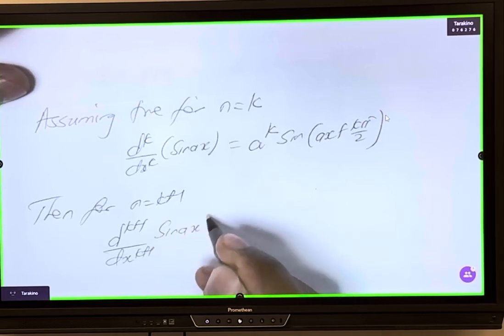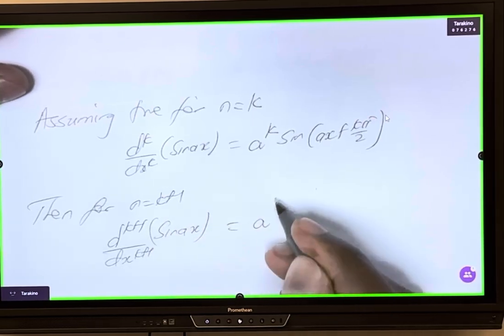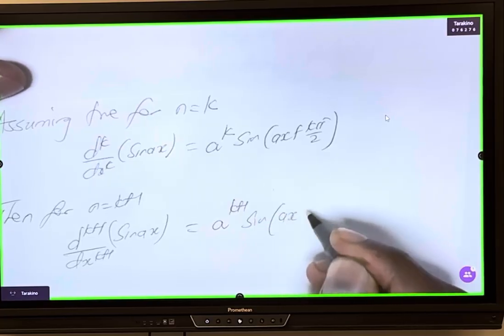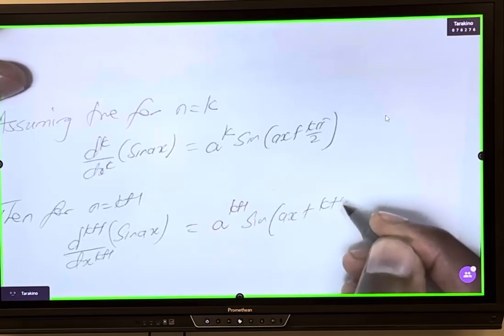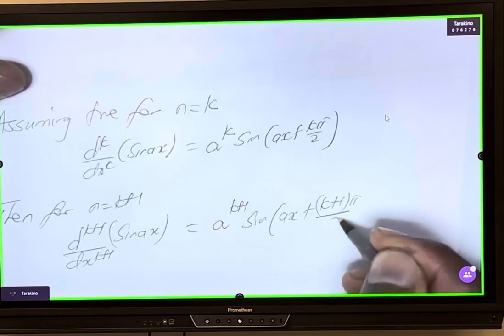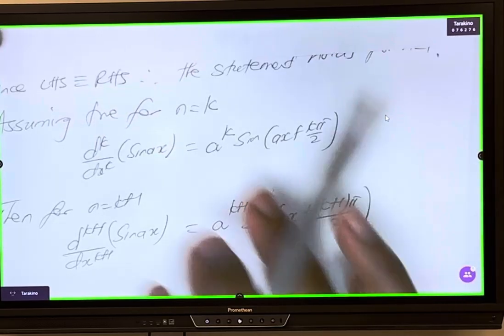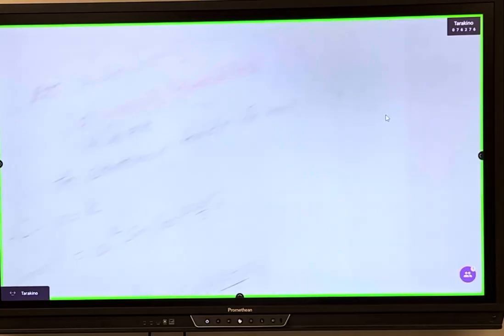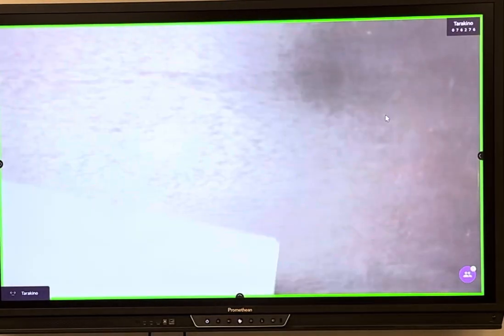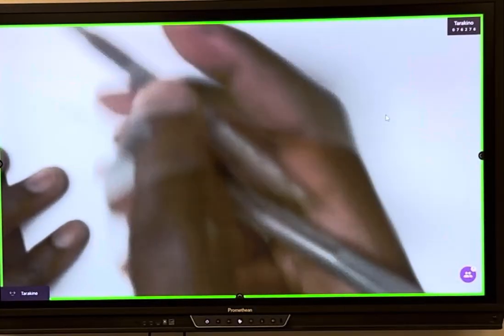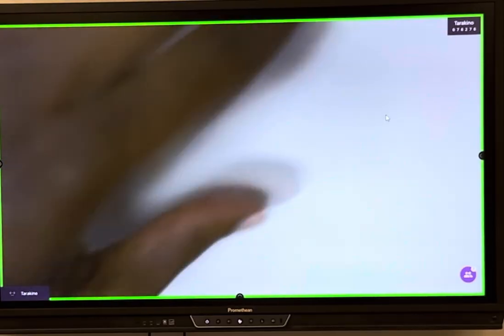Sine ax, which is equal to a to the k plus 1 of sine ax plus k plus 1 pi over 2. Right, so this is what we are trying to achieve. Okay, so now let's go to the proof stage. When going to the proof, you can copy this statement. We are going to copy this statement here,